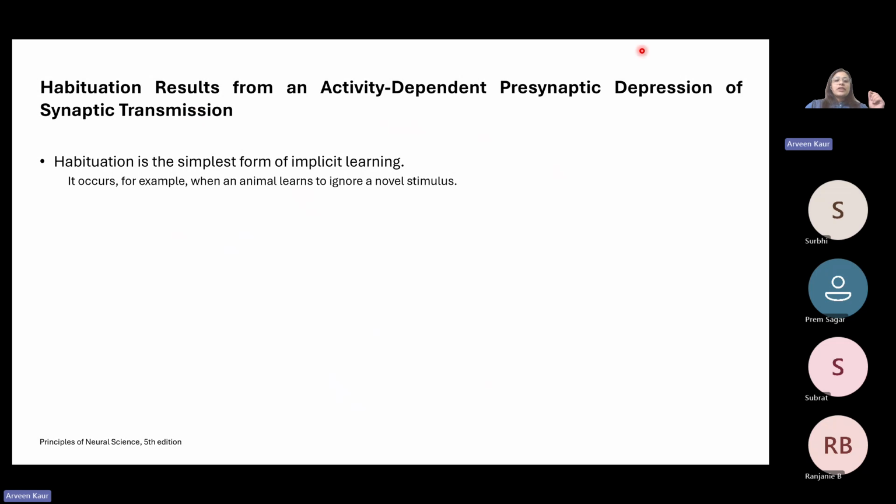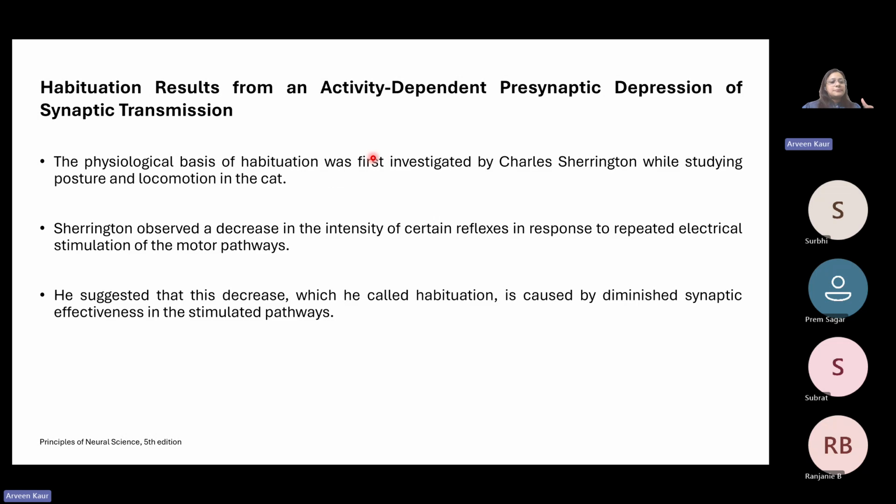What it means is that it occurs when an animal learns to ignore a novel stimulus, right? So, for instance, I gave you an example of that blast-like noise that I heard, right? If it happened right now, I would probably be alarmed by it. I might try to check what happened, right? But at the same time, if it happened around, say, Dashera, Diwali, some time of the year when firecrackers are a big thing over here, everybody's bursting firecrackers around you, it will not alarm me at all, right? I will learn to ignore that stimulus.